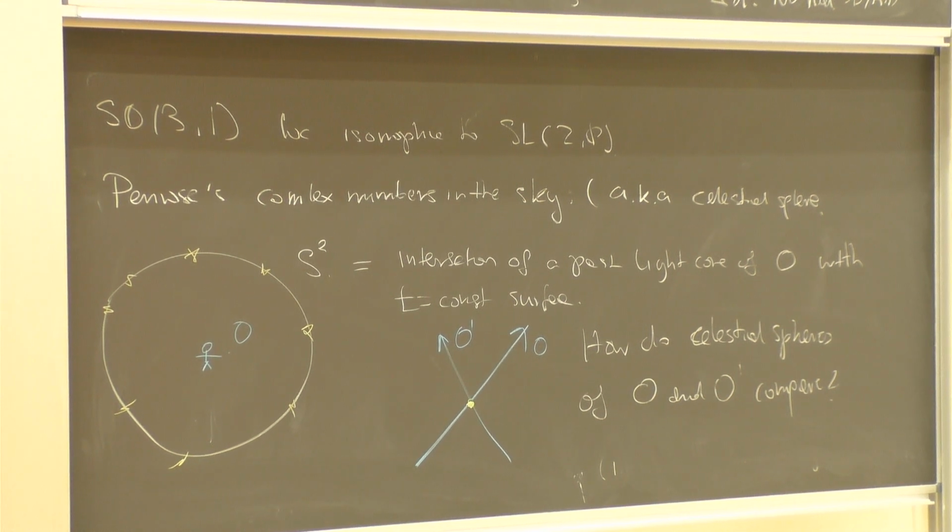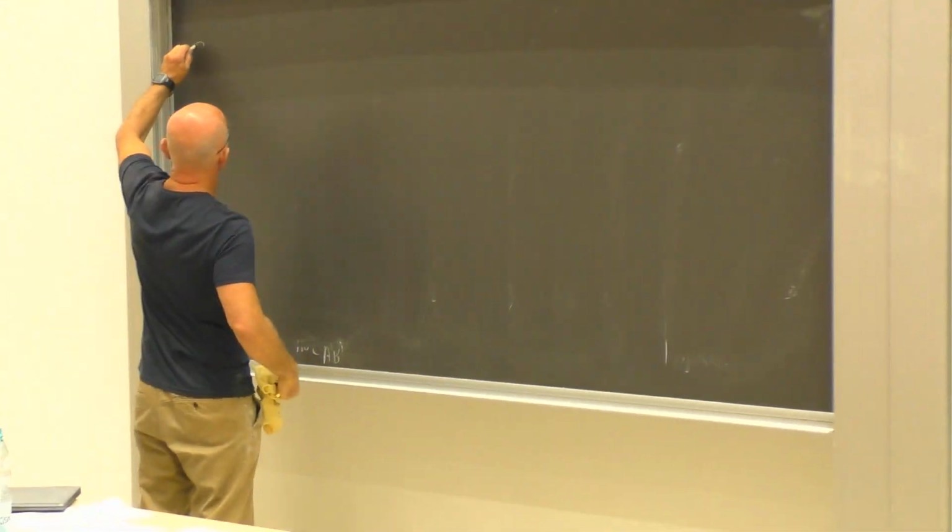So you see, to answer that, we can think of these spheres not as two-dimensional real manifolds, but as one-dimensional complex manifolds. So if we take a sphere in R3,